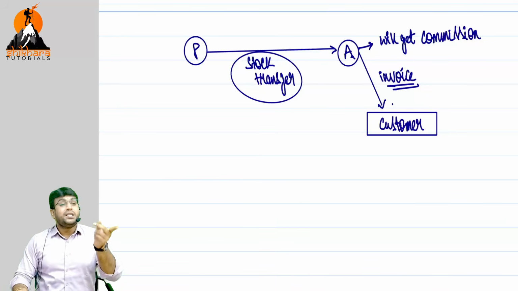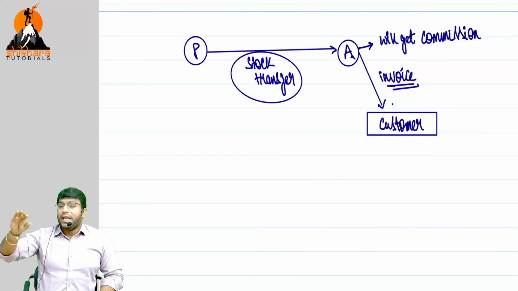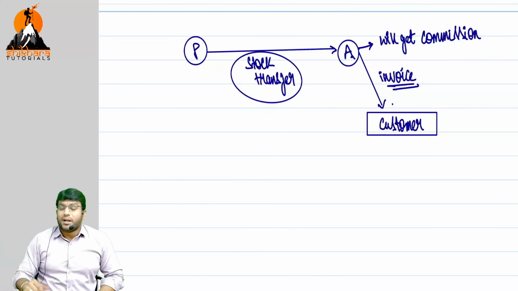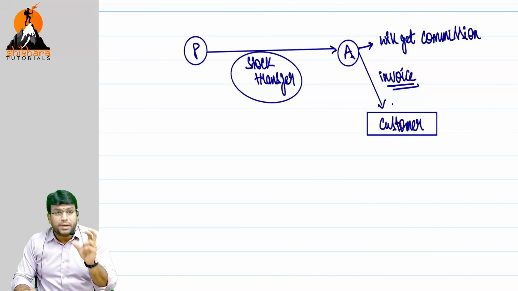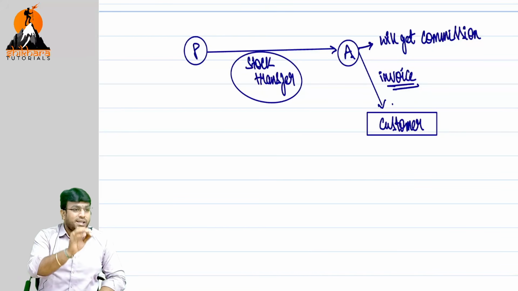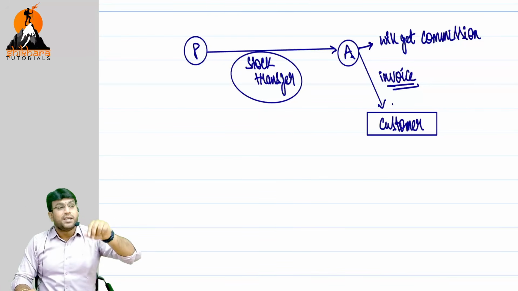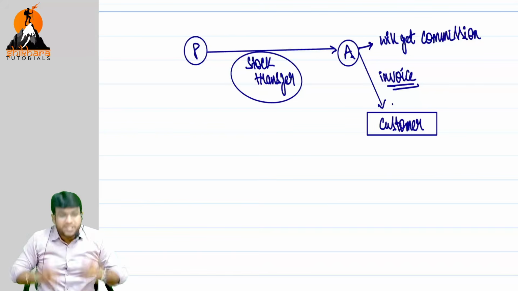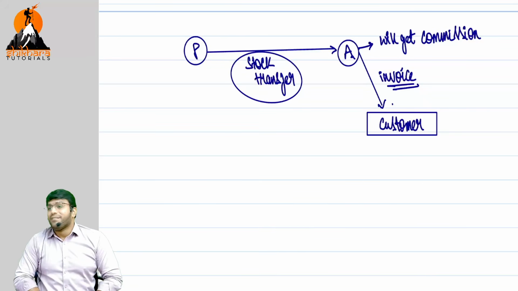If the agent is giving the invoice to the customer in the name of the principal, then principal to agent is not taxable. But if the agent is giving the invoice to the customer in the name of the agent only, then principal to agent is taxable. I think it is very simple and easy.